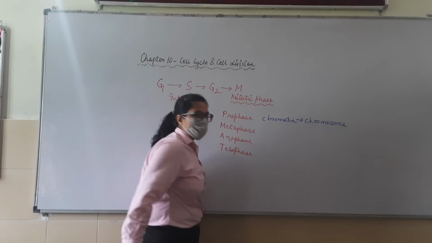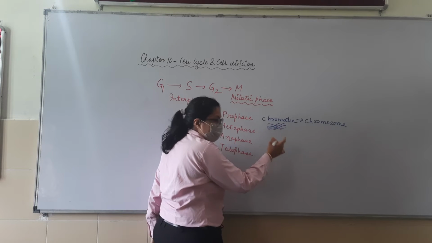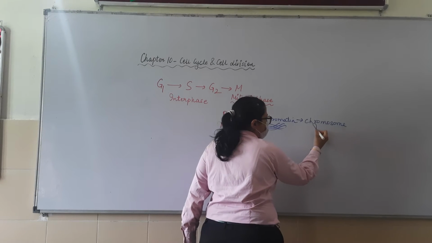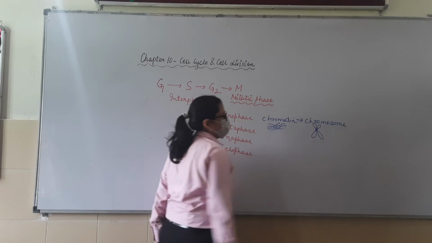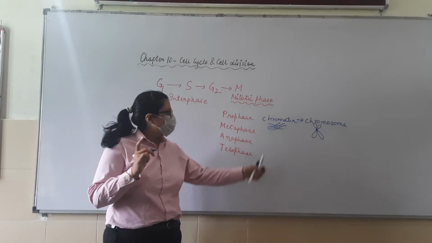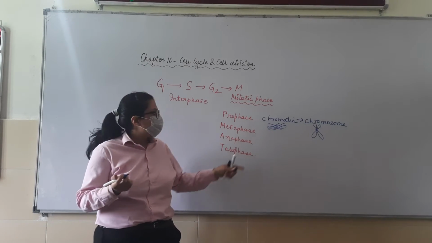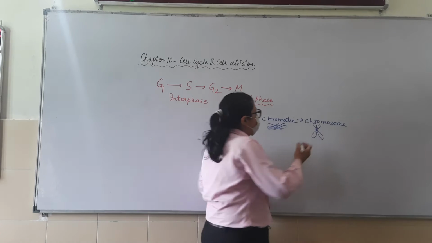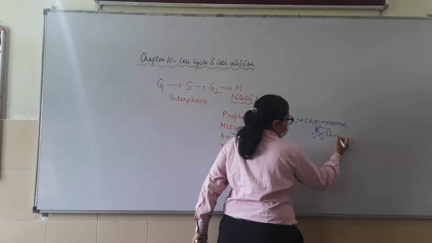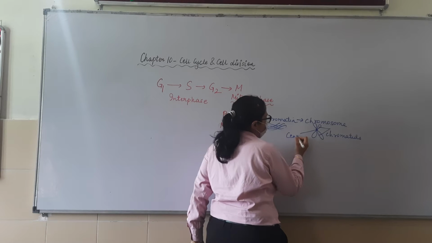Now why are chromosomes formed? Because chromatin is like thread-like structures, and the chromosome is the condensed structure. Whenever a cell is dividing, what is important? That the chromosome structure should be there, because these threads cannot divide. So this chromosome will be there. These are known as chromatids, and this center part is called the centromere.